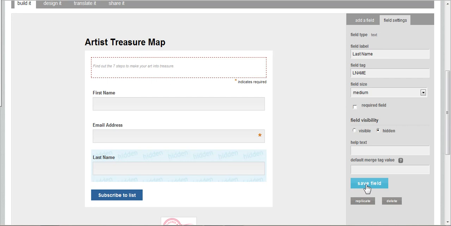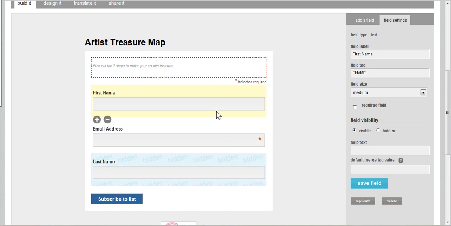And the next thing I want to do is you notice that the email address field has this little red asterisk. So that means that it's required. And if you only want somebody to have to enter their email address, then that's fine. But if you want to also collect their name and make sure that they enter a first name, then you want to click on first name, and then on the right the field settings show, again for first name, and then click on this checkmark required field that you see on the right, and then next click the Save button. And now you've made